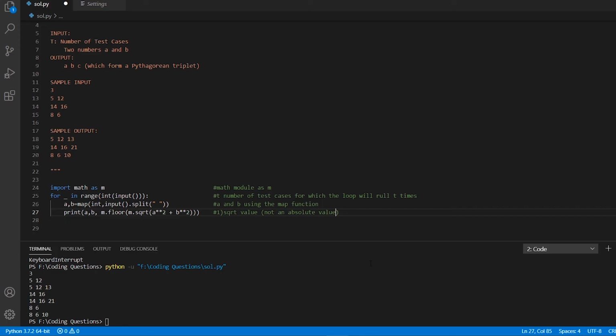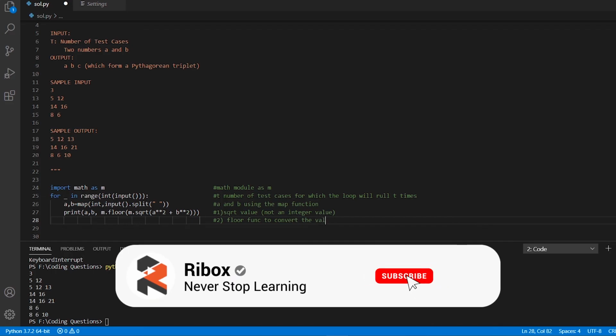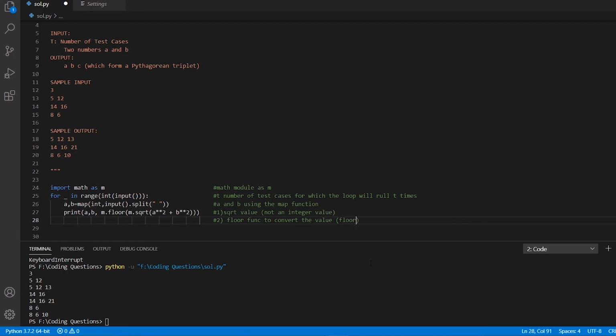Actually the word absolute will not be correct. Though it is an absolute value, what I want is it should be an integer value. So it is not an integer value initially, and for resolving this problem we are using the floor function defined inside of the math module to convert this into an integer of the lowest possible value, which can also be referred to as a float value, and we are simply printing it.